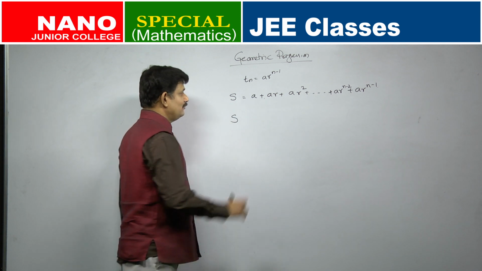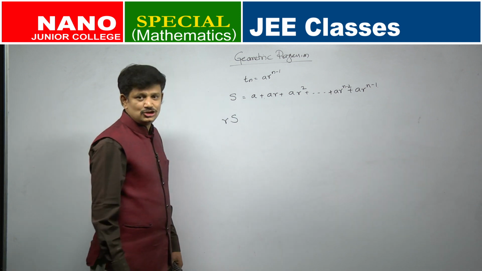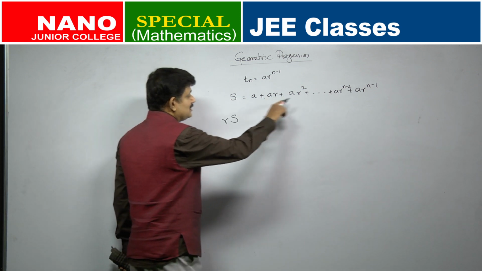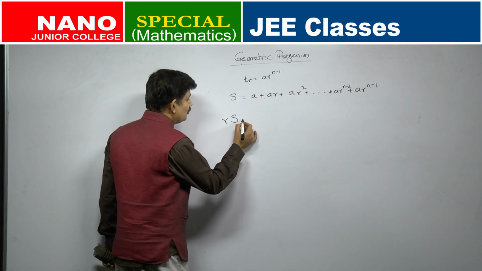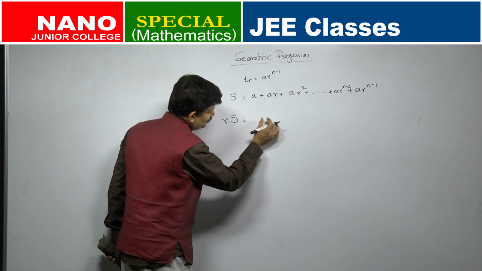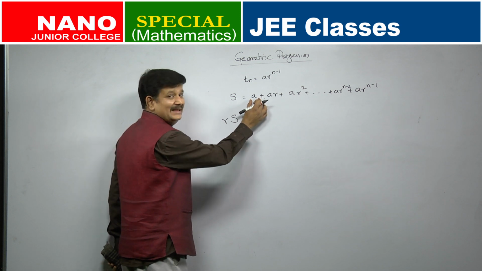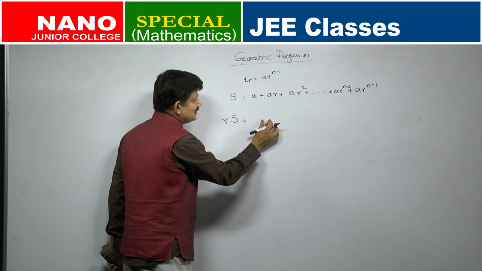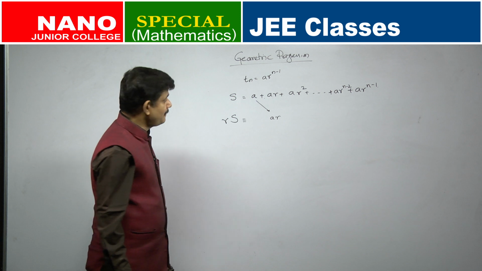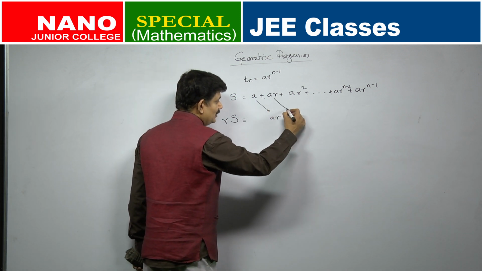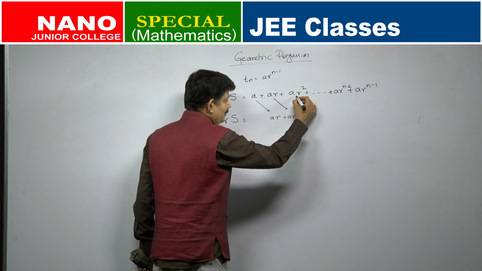Now, to find the summation, what you need to do is multiply S by R, the common ratio. Multiply the summation throughout by R, and do not start writing it from here itself, just push it one step ahead and start writing it. So, A multiplied by R, what will it become? AR. Where will you write? Not here, one step ahead, AR. So, this multiplied by R is coming here, AR. This multiplied by R will go to the next step. What will it be? AR square.